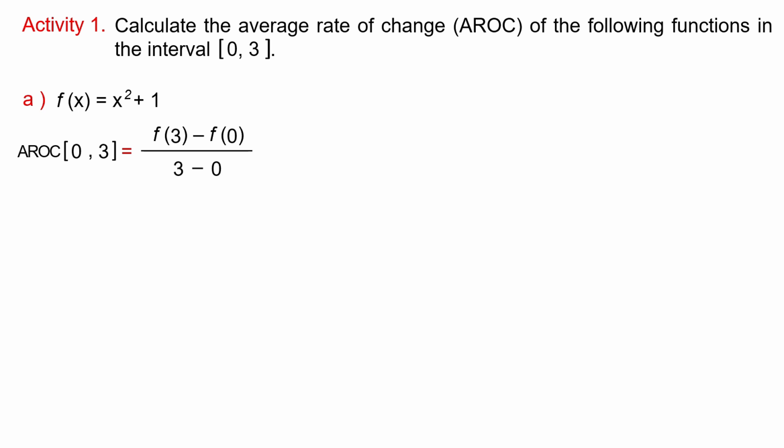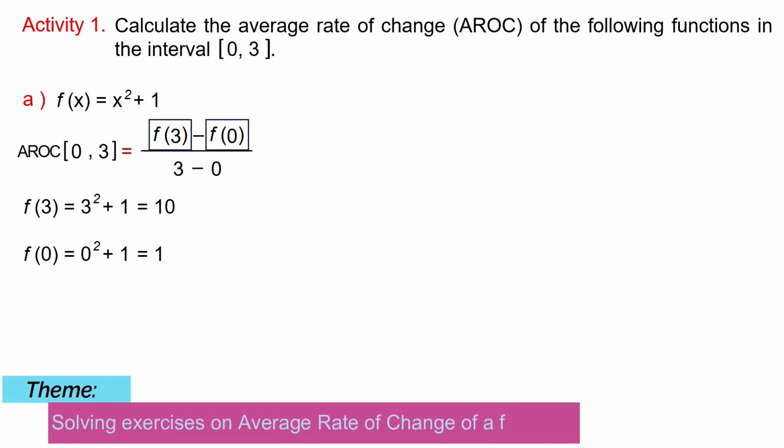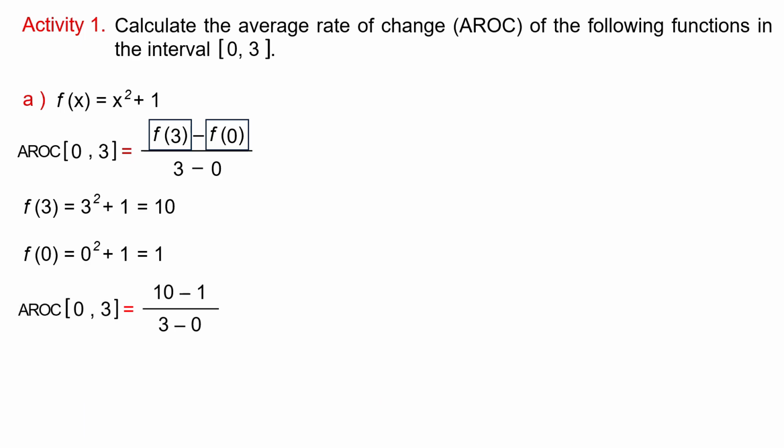Now, we must calculate the value of the function evaluated at 3, which would be replacing it in the expression of the function, and the operations are solved obtaining 10. Performing the same procedure for the value 0, the operations are solved obtaining 1. Then, replacing these two results in the formula, solving the operations and simplifying, we get that the average rate of change of the function x squared plus 1 in the closed interval [0, 3] is